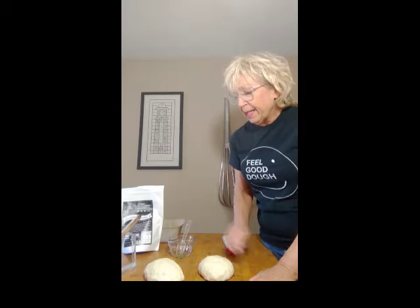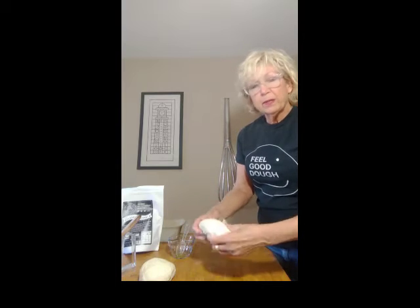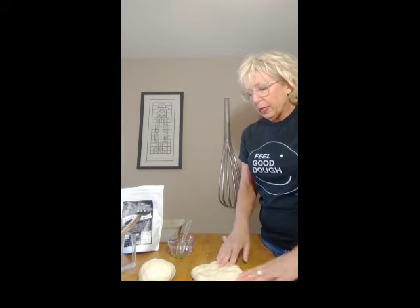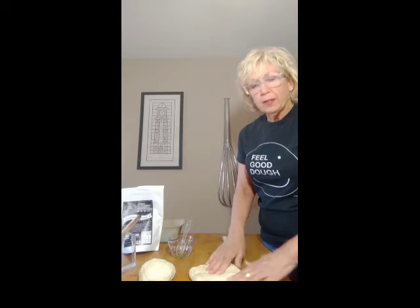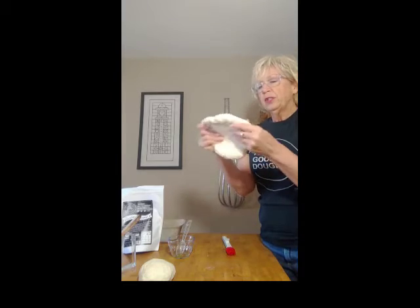Be patient with bread. It doesn't happen right away. A couple hours this is going to sit. I'll show you this one too. A couple hours this is going to sit, and we're going to cover it up, and then we're going to shape it a little bit and tighten it a little bit, and then throw it in our pans. So with this one, because it's going to be a loaf, I'm going to take this one this way and stretch it out a little bit,